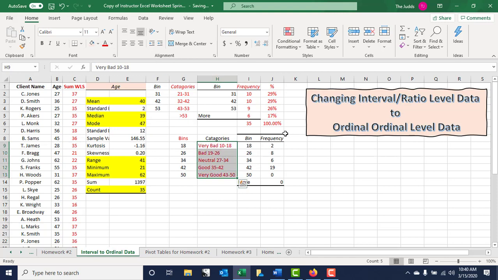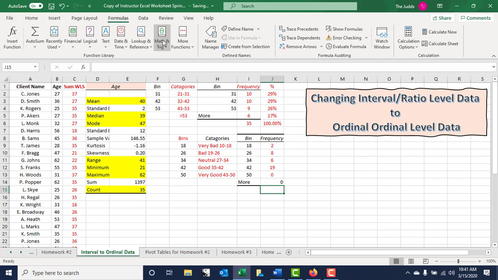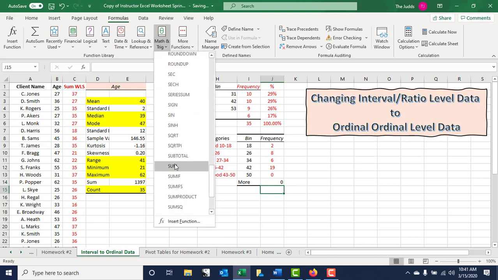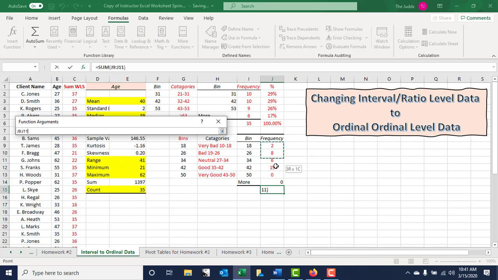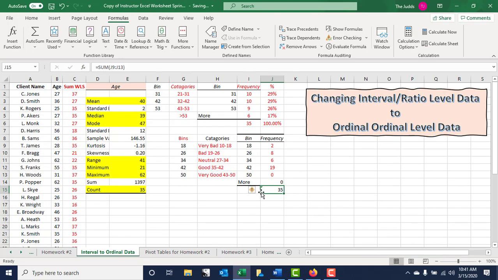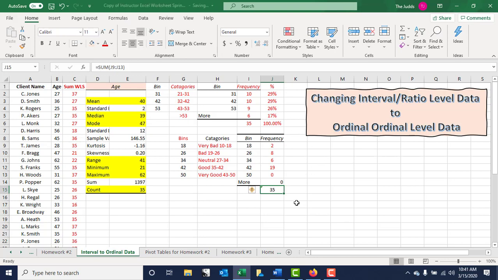So I'm interested in my categories, I'm interested in my frequencies, and then you know what? I got to do the same thing that I did right here. So here I actually need to come back and make sure I have the correct sum. So let me go back and make sure I sum these correctly and make sure I captured everybody in there and I didn't miss anybody. Okay, I've got 35, so I've captured everybody. And again, I want to know the percentages, so I'm going to do the same thing here that I did in the one above. I'm going to divide by 35 to get the percentage it is of the population. So I'm going to say equals